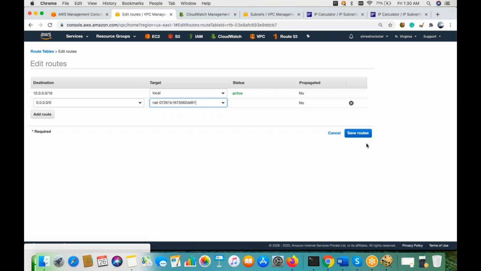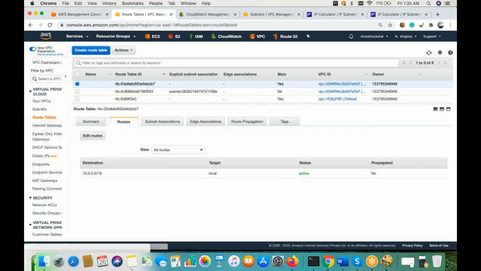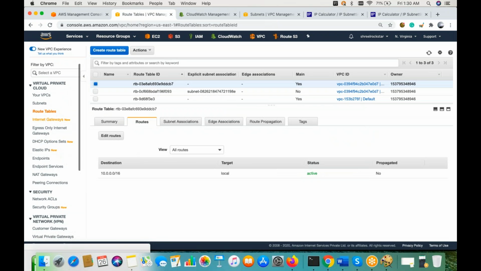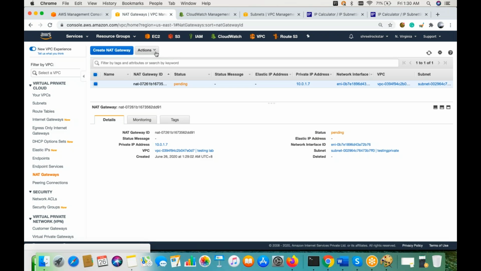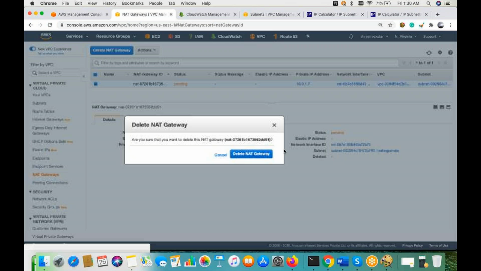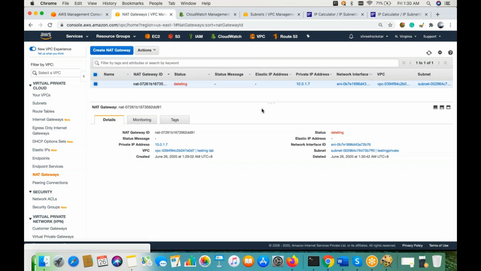I'm not going to attach, I'm just showing you what exactly these options are. Okay. Simple. Let me delete this one also, because it is chargeable. So I don't want to pay extra, but you should have this understanding and knowledge, so that it helps while you are answering network-related questions in interviews.